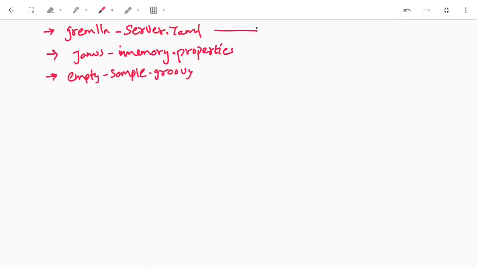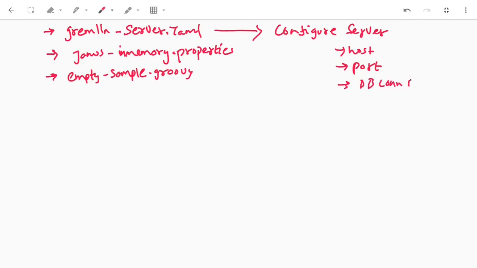The first file here is used to configure the Gremlin server. And what main configuration does it have? The first one is host, second one is port, third one is DB connection info, which is provided using this JanusGraph in-memory properties. Or more specifically, it can be any property file having connectivity information.